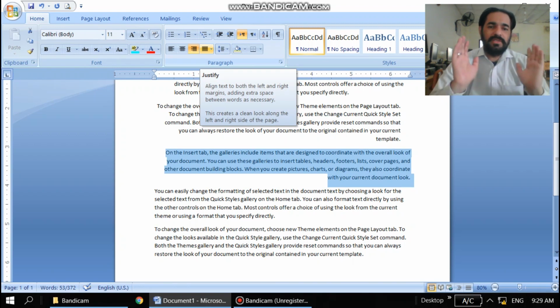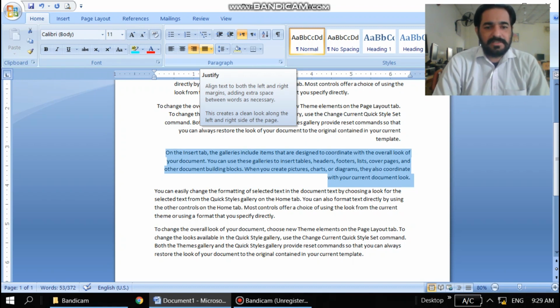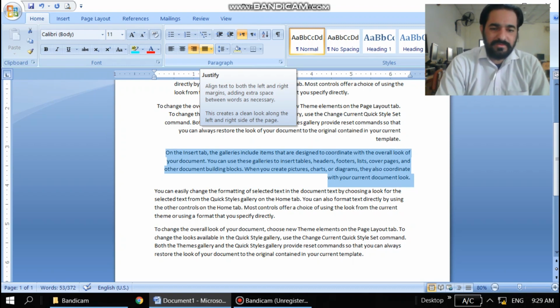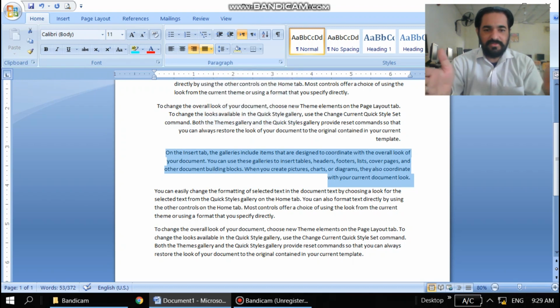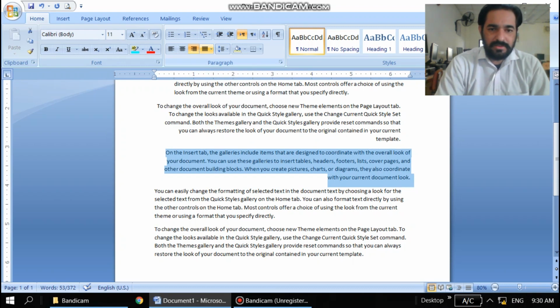Justification means to fill all sides equally. So justify aligns text to both left and right margins, adding extra space between words as necessary. So if there is less text and your paragraph base size is more, then it will add some extra space to manage these things.